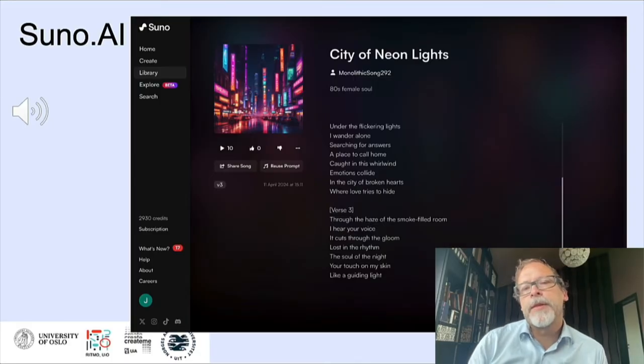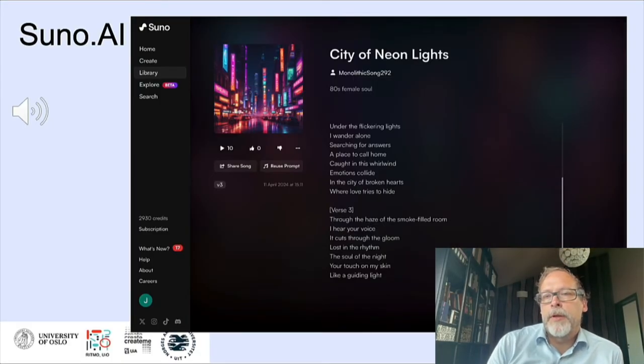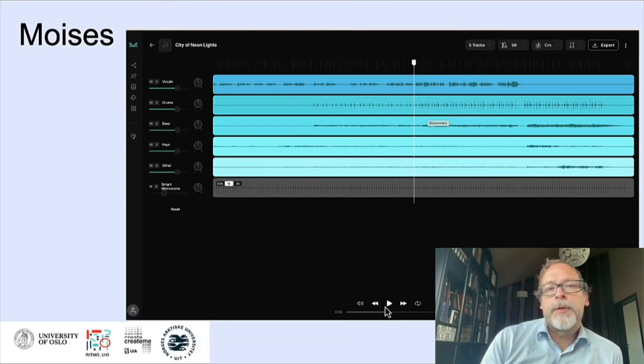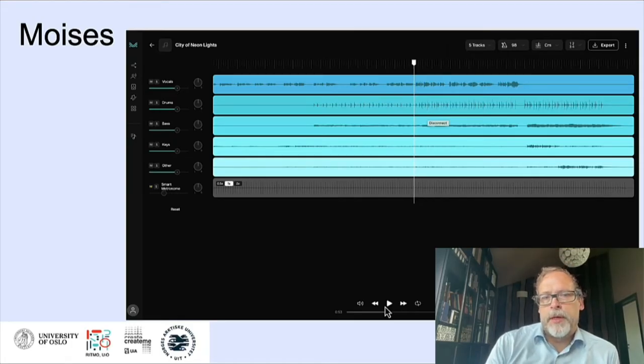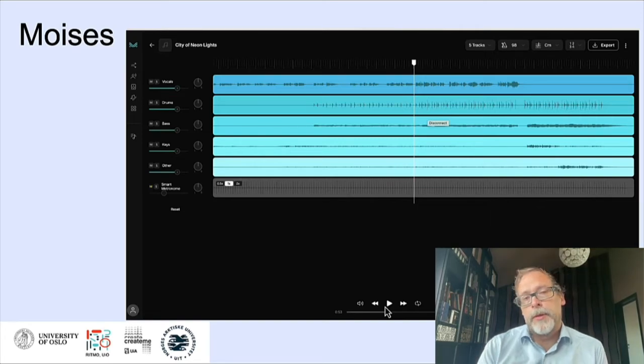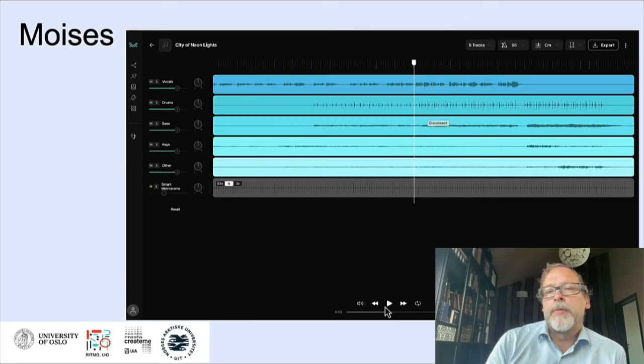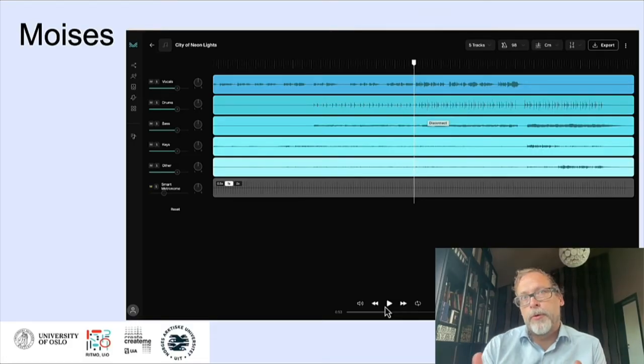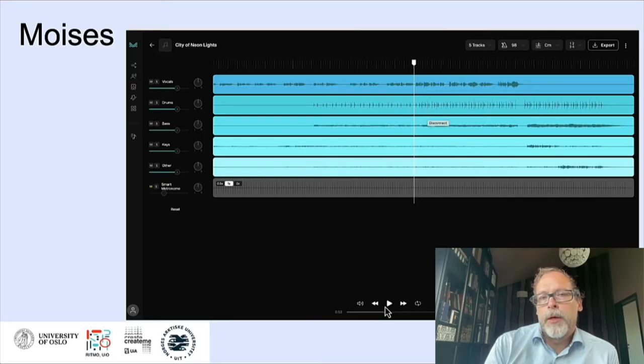Yeah, as you can hear, it's not exactly Chaka Khan, but a lot of the sonic markers are there. We then used Moises, stem separation software, to isolate different stems from the stereo file of the sample. So the stems would be drums separated, bass separated, guitar separated, vocal separated, and then experimented with pitch and tempo. Ultimately, we used the stereo file, or just the audio file generated out of Suno as a sample, but this stem separation process was helpful in the creative process.